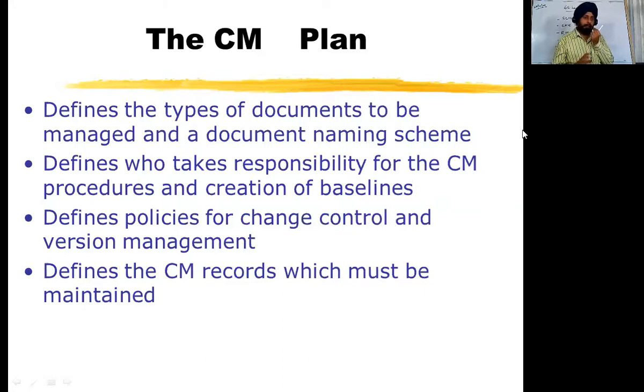So we have to define the policies for the change. It is not an easy task that you readily go and make a change. You have to define the policies: if anybody reports that a change is needed, then it has to be defined whether it has to be changed or not, and how it has to be changed, or whether we make the change and reflect it in a new release or a new version. This policy has to be defined, and it also has to define that the configuration management record must be managed. So whatever changes you have brought in, by whom, when, which module was changed, the proper record has to be put into account. It has to be maintained.